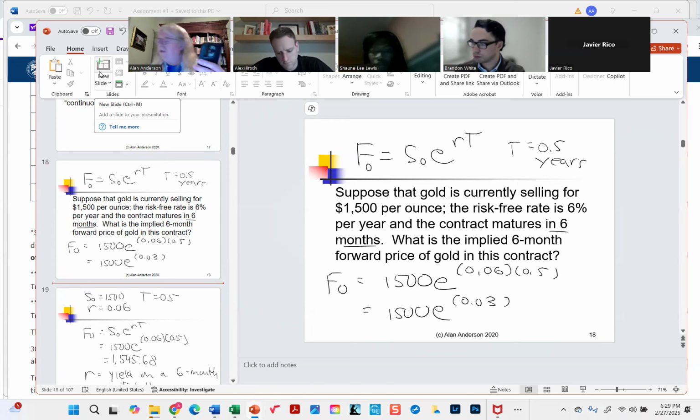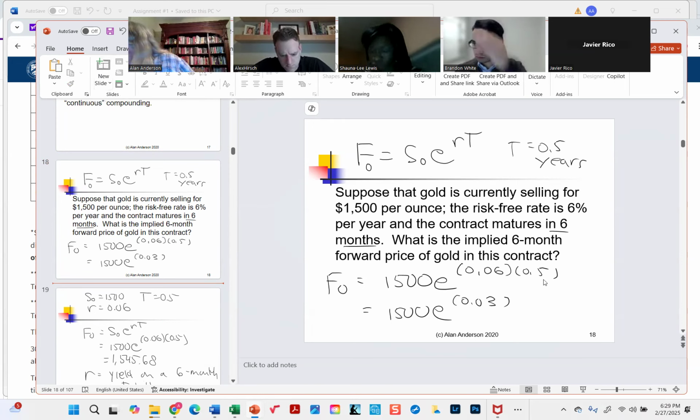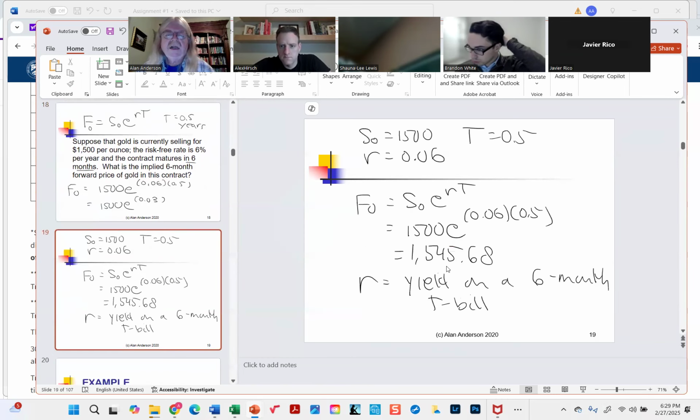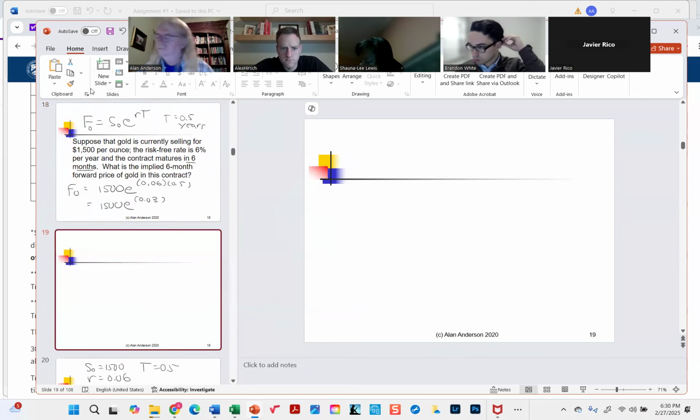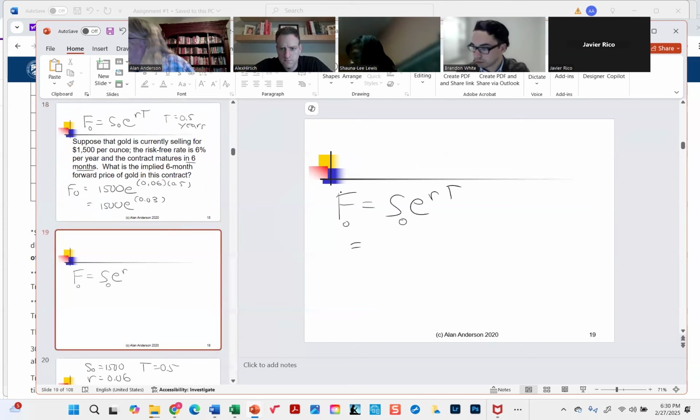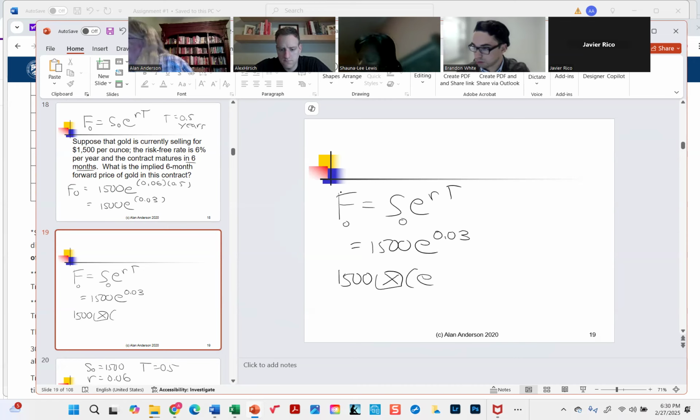The button you need is labeled e to the x. So you'll type 1,500 times open parentheses e